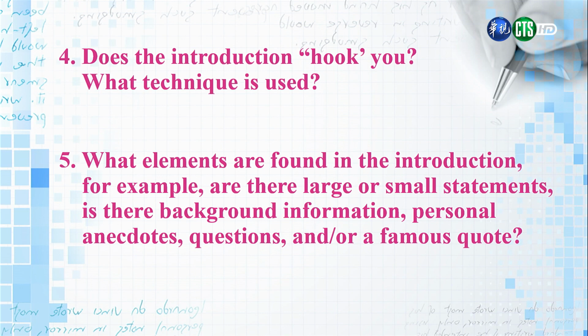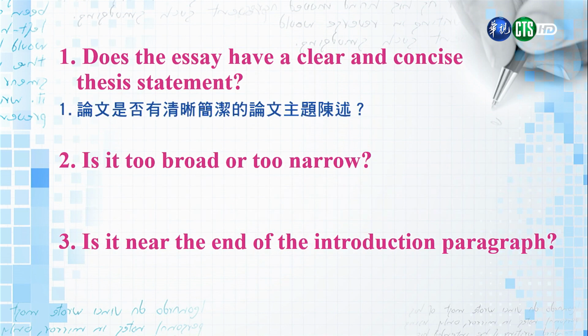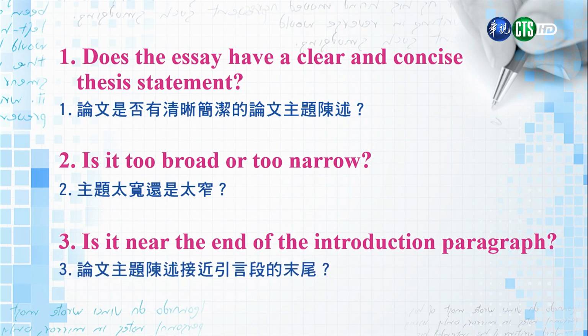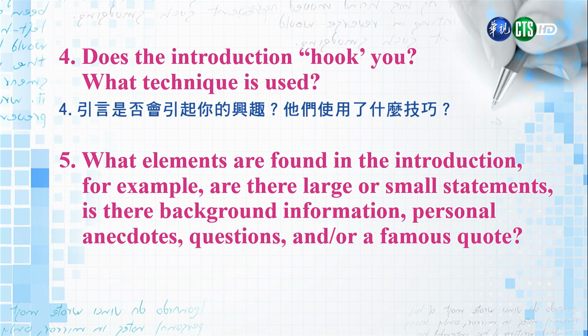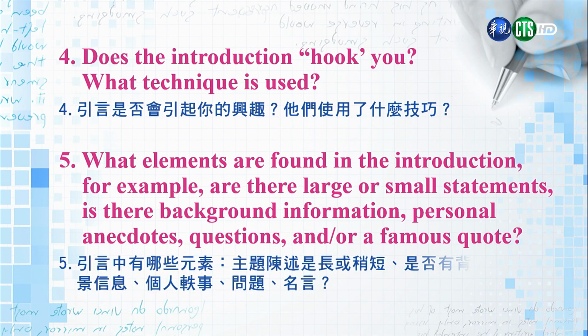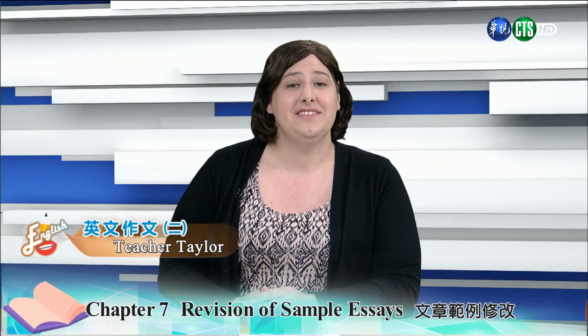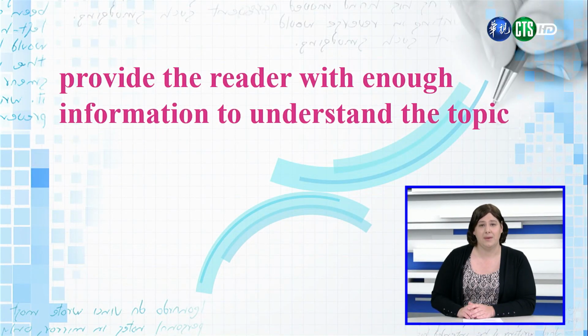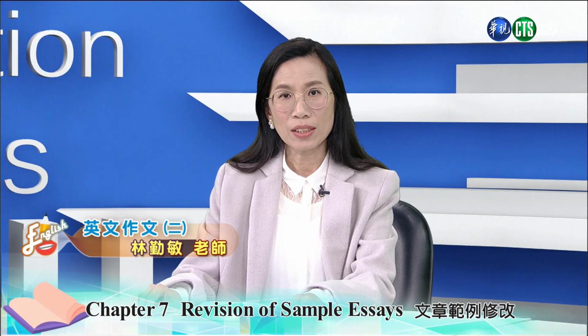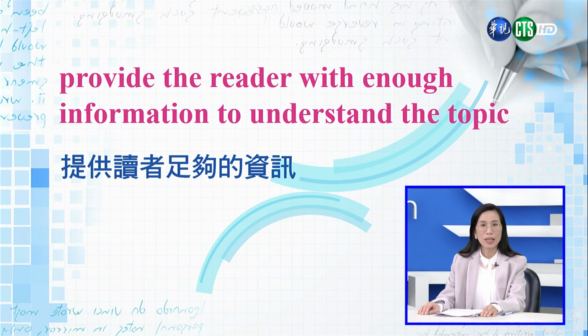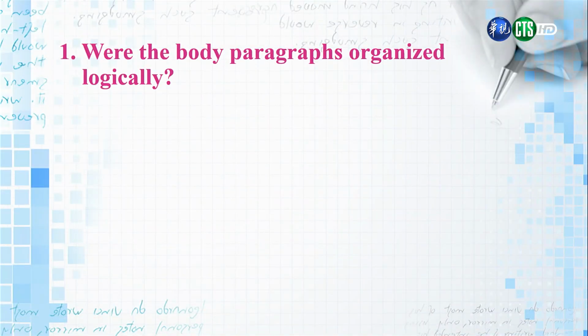所以第一个你要注意就是论文是否有清晰简洁的主题句陈述。第二个就是主题句会不会太宽还是太窄？第三个就是主题陈述有没有接近引言段的末尾？第四个就是引言是否会引起你的兴趣，或者说他们用了什么技巧？最后一个就是引言中有哪一些元素，比如说主题陈述是长或是比较短，有背景讯息、个人轶事、问题或是名言。Very good, Tiffany. One other thing is, does the introduction provide the reader with enough information to understand the topic? Now, what are we looking for in the body of the essay? Laura? 你可不可以告诉我们说，我们应该注意些什么呢？